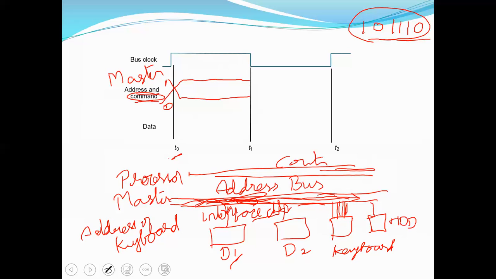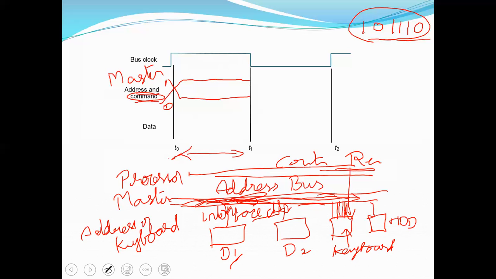It receives the control bus data. It finds that the data has to be read from the keyboard. Okay, so the keyboard reads the data and has to put the data to the data bus now. Okay, so the keyboard, by the time from T0 to T1,